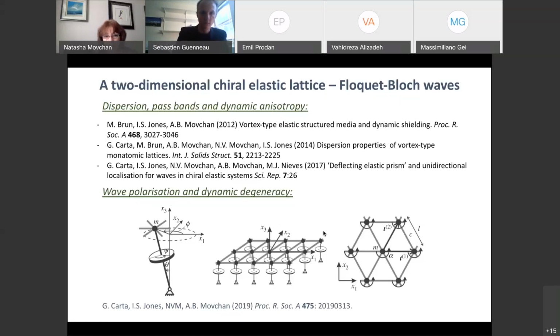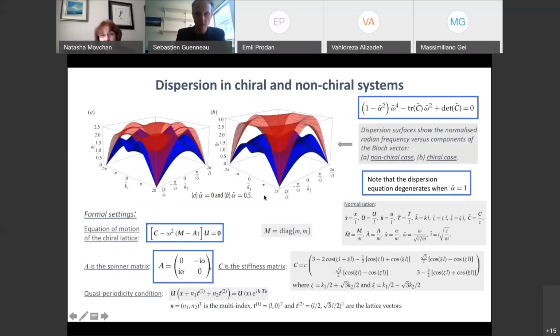So we will introduce some quantity, which we will call a spinor constant, and which is denoted here by alpha. It could be evaluated in a specific setting, and it has been done by Brun, Johnson, Movchan in 2012. I'm just going to use the notion of this constant without specifying what this is. So, sorry, that is a bit slide. So we are looking at the bottom left corner, where we have the formal setting of the problem.